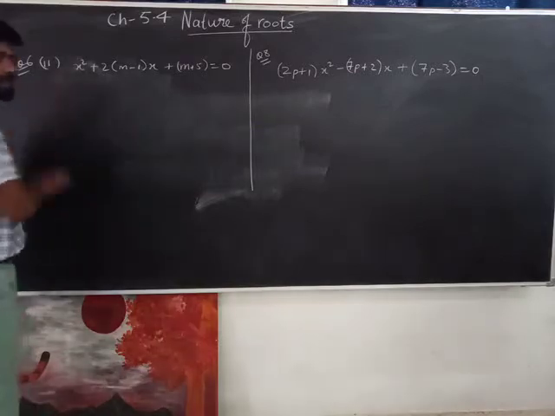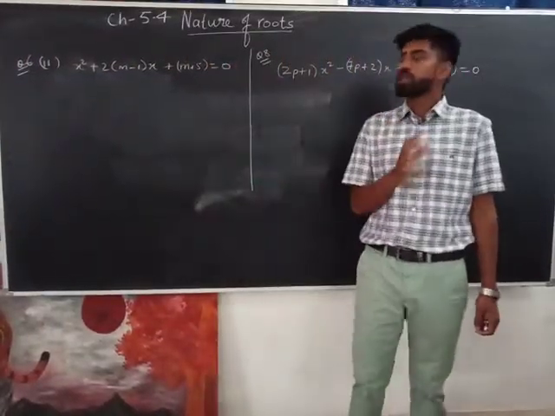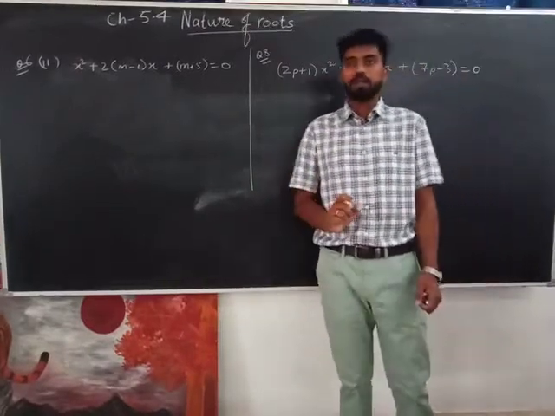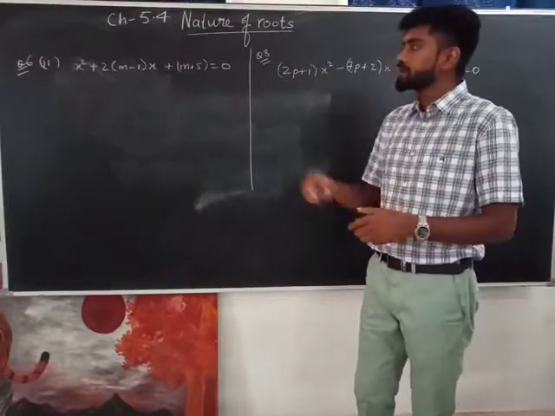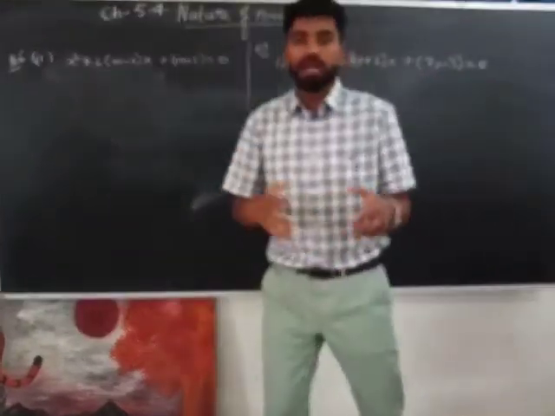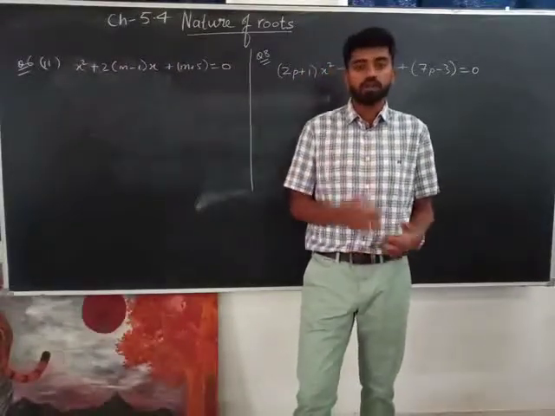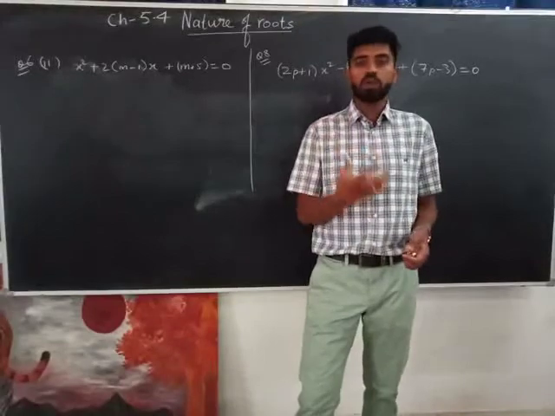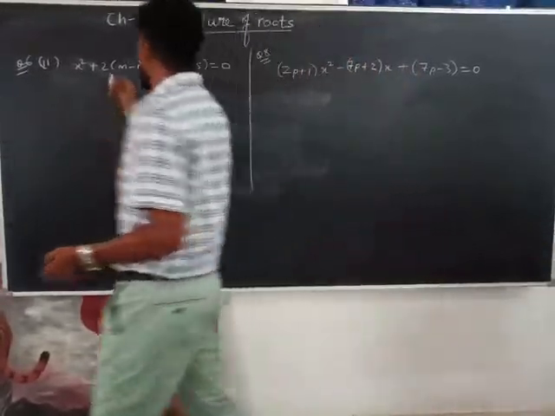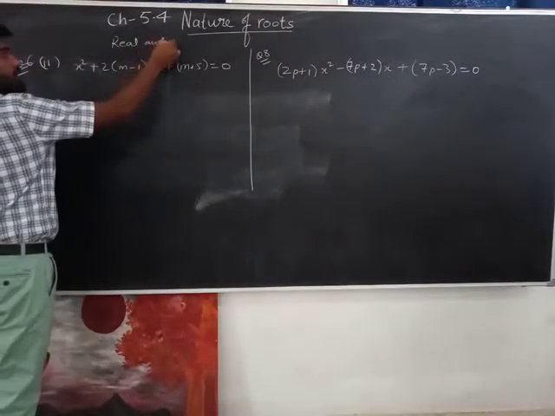Question number 6, second part, we'll be looking at. When we look at question number 6, second part, you need to realize what the question says. You need to go through the question and see. So the question says: if the roots are equal and real. I don't have to work to find what kind of roots there are, what the nature of the root is. The nature of the root is already given in the question if you read it. The nature of the root is given: real and equal.